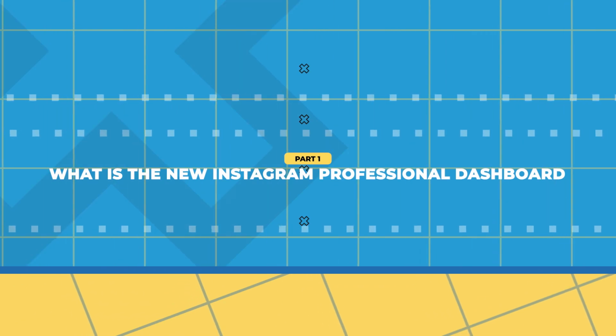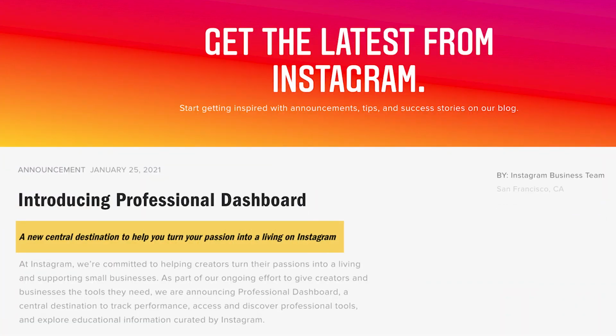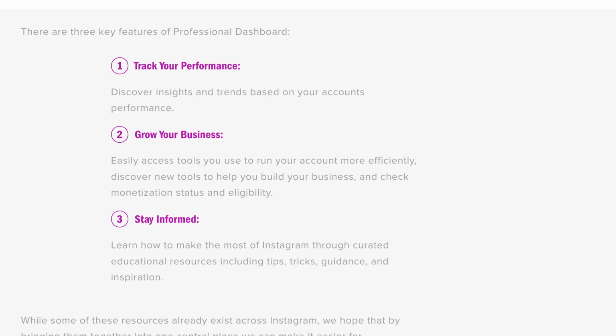All right, so let's start by answering the question, what is the new Instagram Professional dashboard? Instagram says it's a new central destination to help you turn your passion into a living on Instagram. There are 3 key features of Professional dashboard. 1, you can track your performance. Discover insights and trends based on your account's performance. 2, you can grow your business. Easily access tools you use to run your account more efficiently, discover new tools to help you build your business, and check monetization status and eligibility. And 3, stay informed. Learn how to make the most of Instagram through curated educational resources, including tips, tricks, guidance,